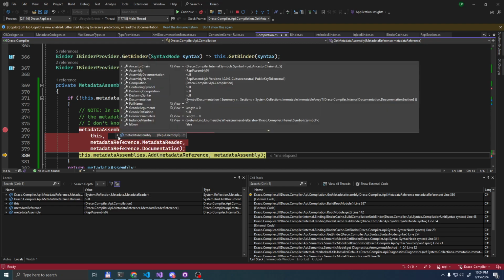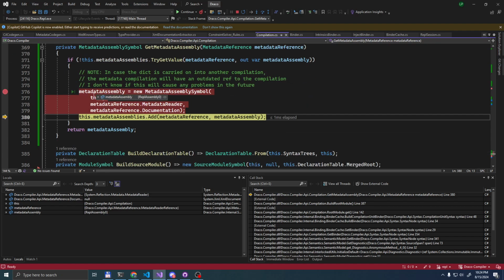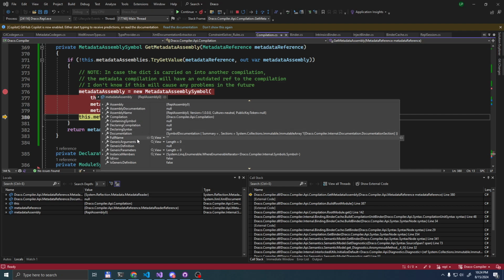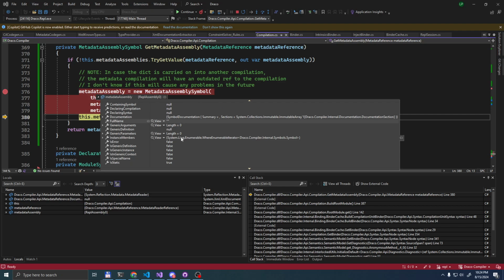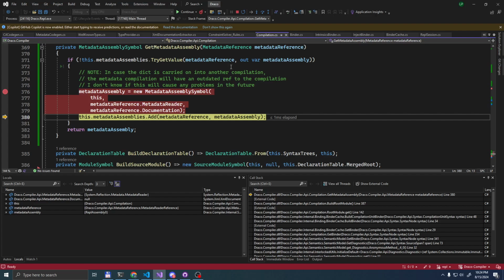From this, it should be pretty simple. What its name is? Full name is empty. Okay, that's not helpful. Oh, name is REPL assembly 0. So this is the context 0 thingy. Oh, I know what the problem is now.